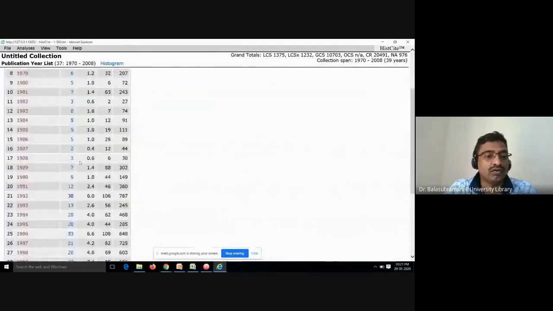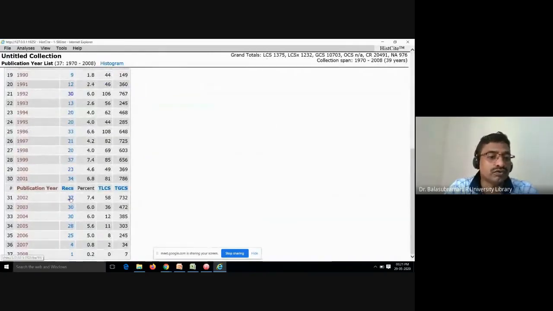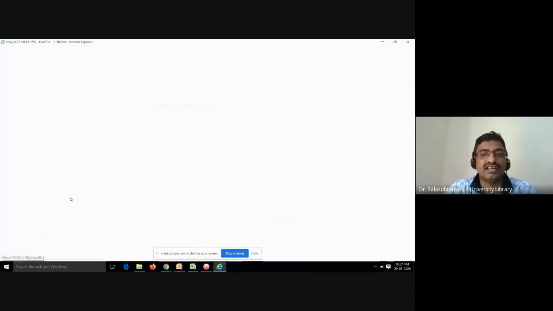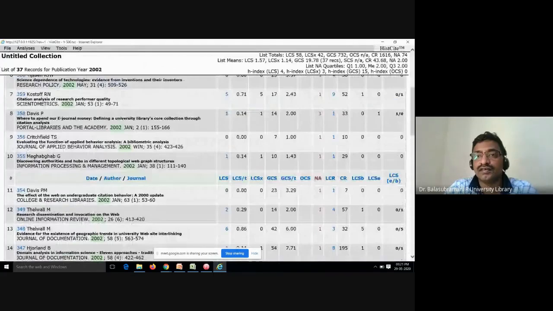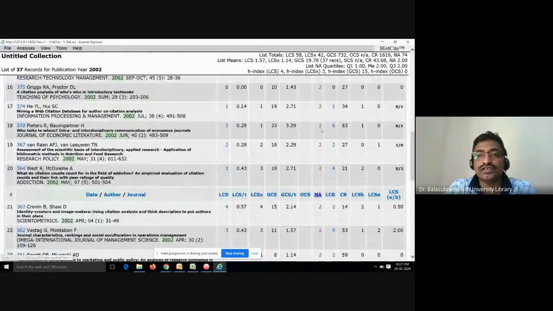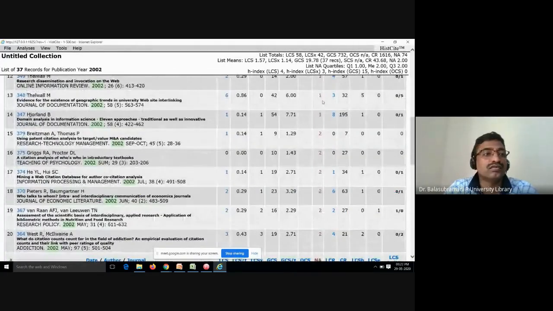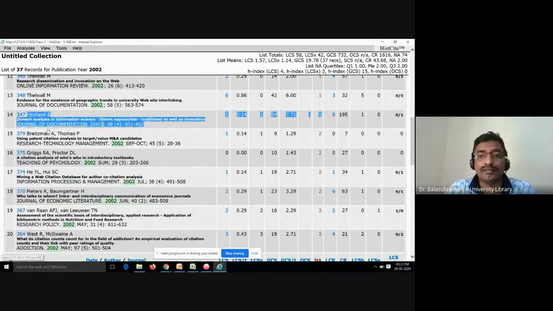For example, I want to know in the year 2002 how many articles by a single author. You can see here. In 2002, 14 articles, single author papers.